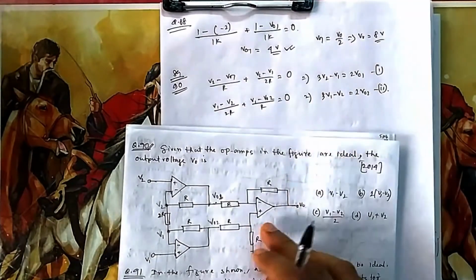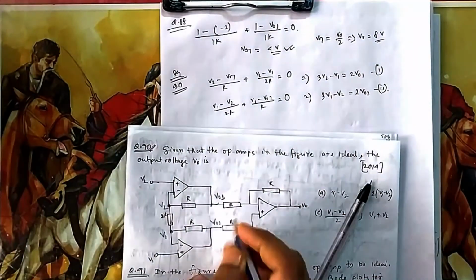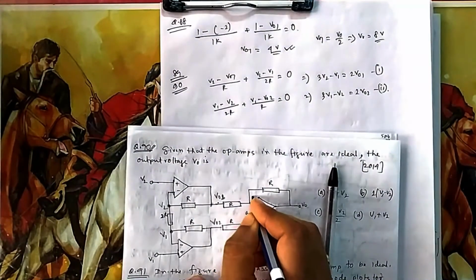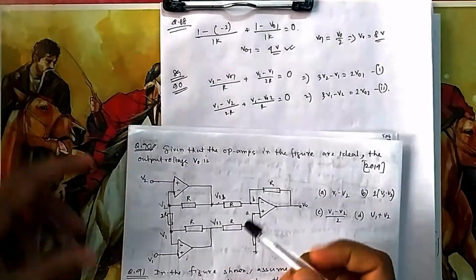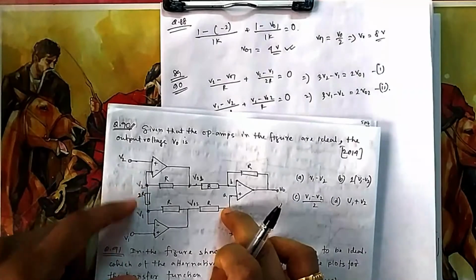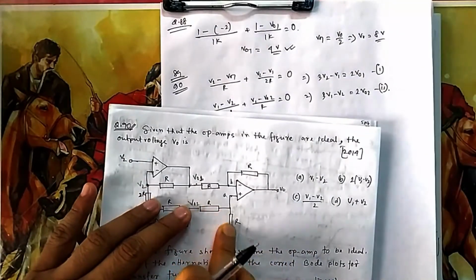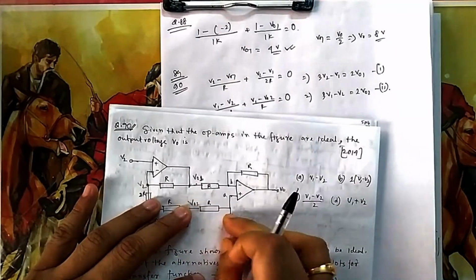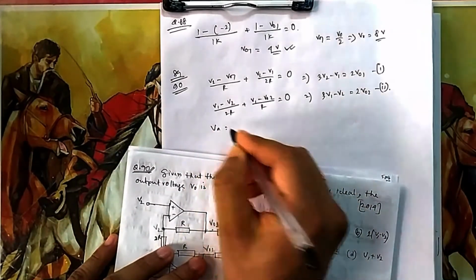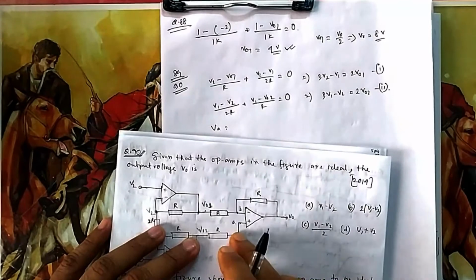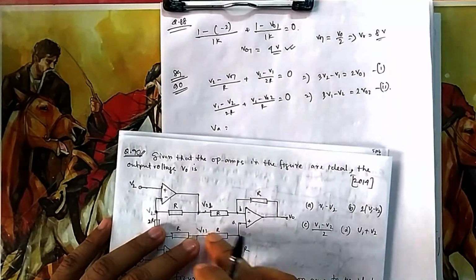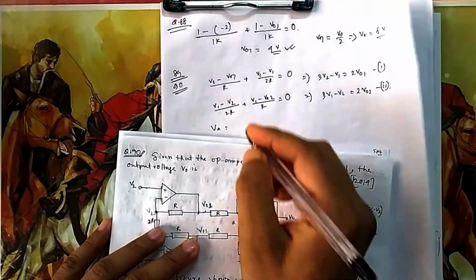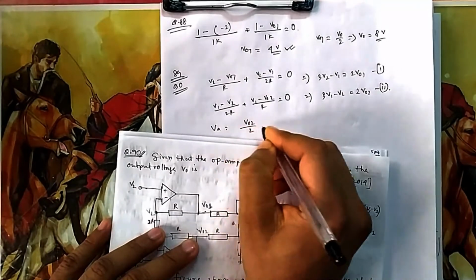Now what is the voltage here? Suppose this voltage I have given the name A, and this voltage suppose I have given the name B. So what will be VA? You can take nodal here, but again no node. You can see V02 is divided into two parts, R. So this voltage will be half of V02. Or you can take nodal here, then also you can find this minus this by 2R, VA minus 0 by R. So your VA will be equal to V0 by 2.